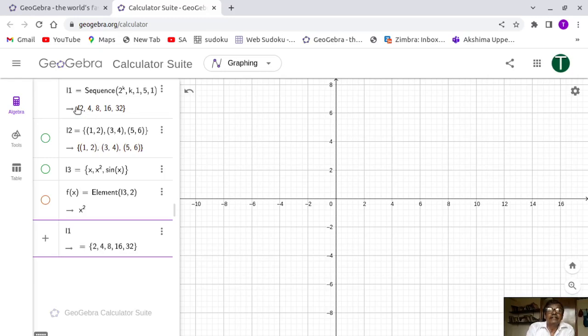L1, recall, is showing all, but you simply write, say, fourth element, and it gives you 16. So this is another, shorter way of accessing a particular element, say the fourth element. Similarly,